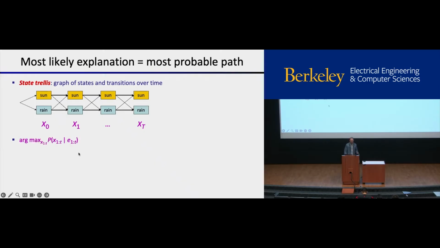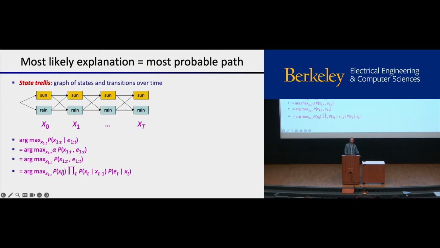And we're interested in the argmax over all the values that all the variables could take of the probability of those variables given the evidence we've actually seen. Okay, this is going to be proportional to the joint distribution. And this is going to be a positive number, and so if we're taking the argmax of this expression, that's just going to be equal to the argmax of this unnormalized expression. And we can decompose this into conditional probabilities.